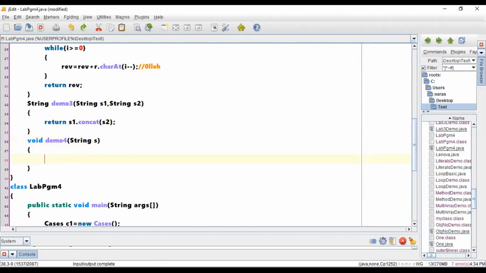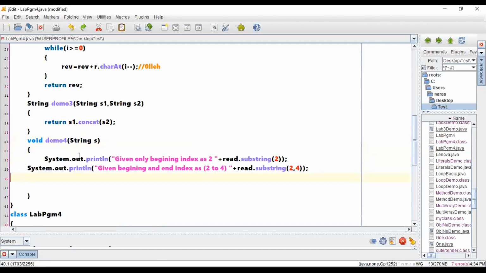On this string called yes, let me write a few statements with respect to substring. I will not write them out, rather I will just copy paste, because you can easily understand those statements. Here the variable name is yes dot.